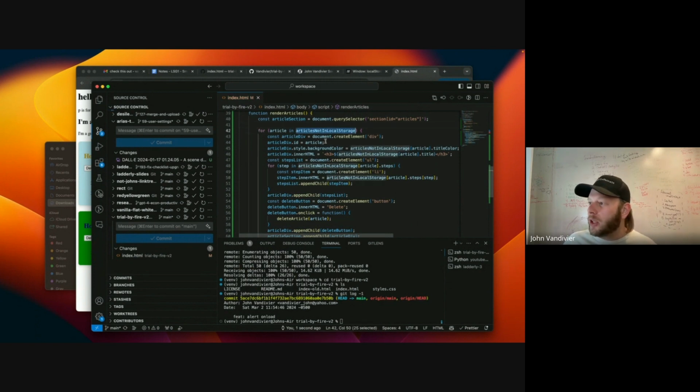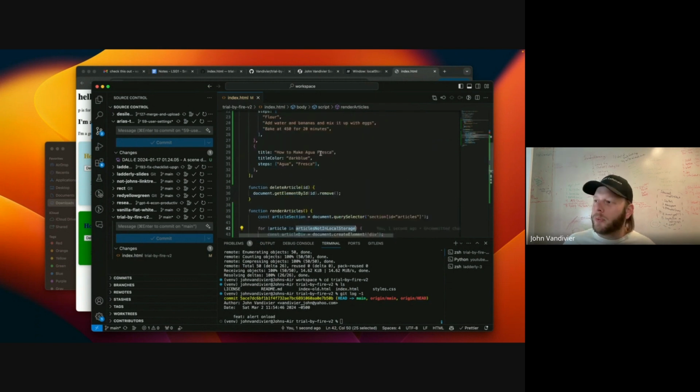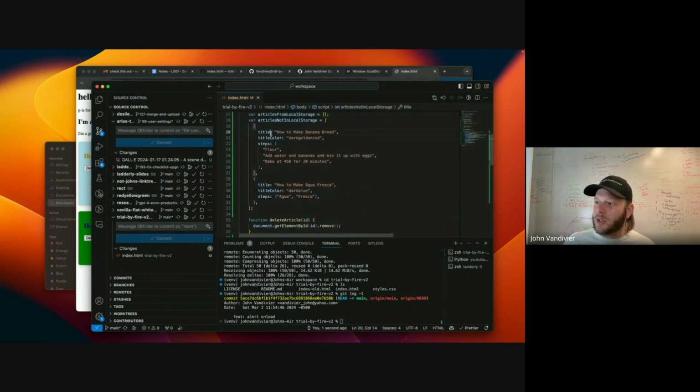So I'm just going to loop through. This is an article in articles. I'm going to loop through this list, which means it's going to run some code on this object, and then it's going to run some code on this object, and so on. Let me include a bit of bad data so you can see what happens when there's bad data. I'm not going to do that. Never mind. Basically, I would just skip it, or I would throw an error. Those are my options, but I don't really want to do either one of those right now.